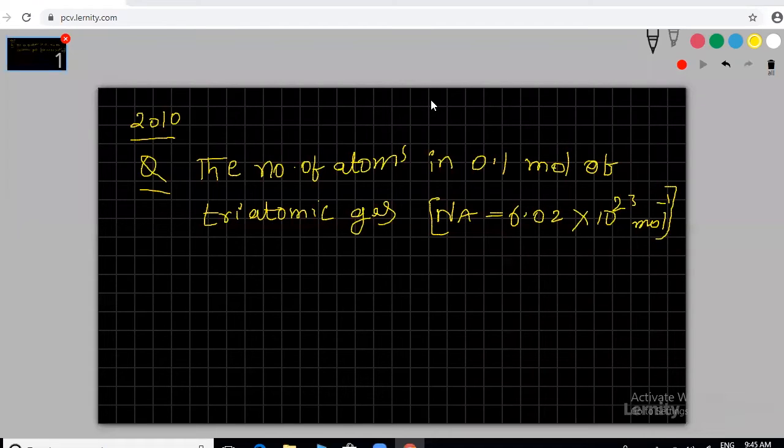NEET students have to do one question within 1 minute. JEE students may do a question within 2 minutes. So sometimes there is a little bit of calculation for JEE, but NEET mostly has direct formula application questions. You don't need to think of a second step. You can get the answer in the first step only. But in JEE, you need to think 2 to 3 steps. That's the only difference between JEE and NEET. Okay, very good. Some people have already provided the answer.